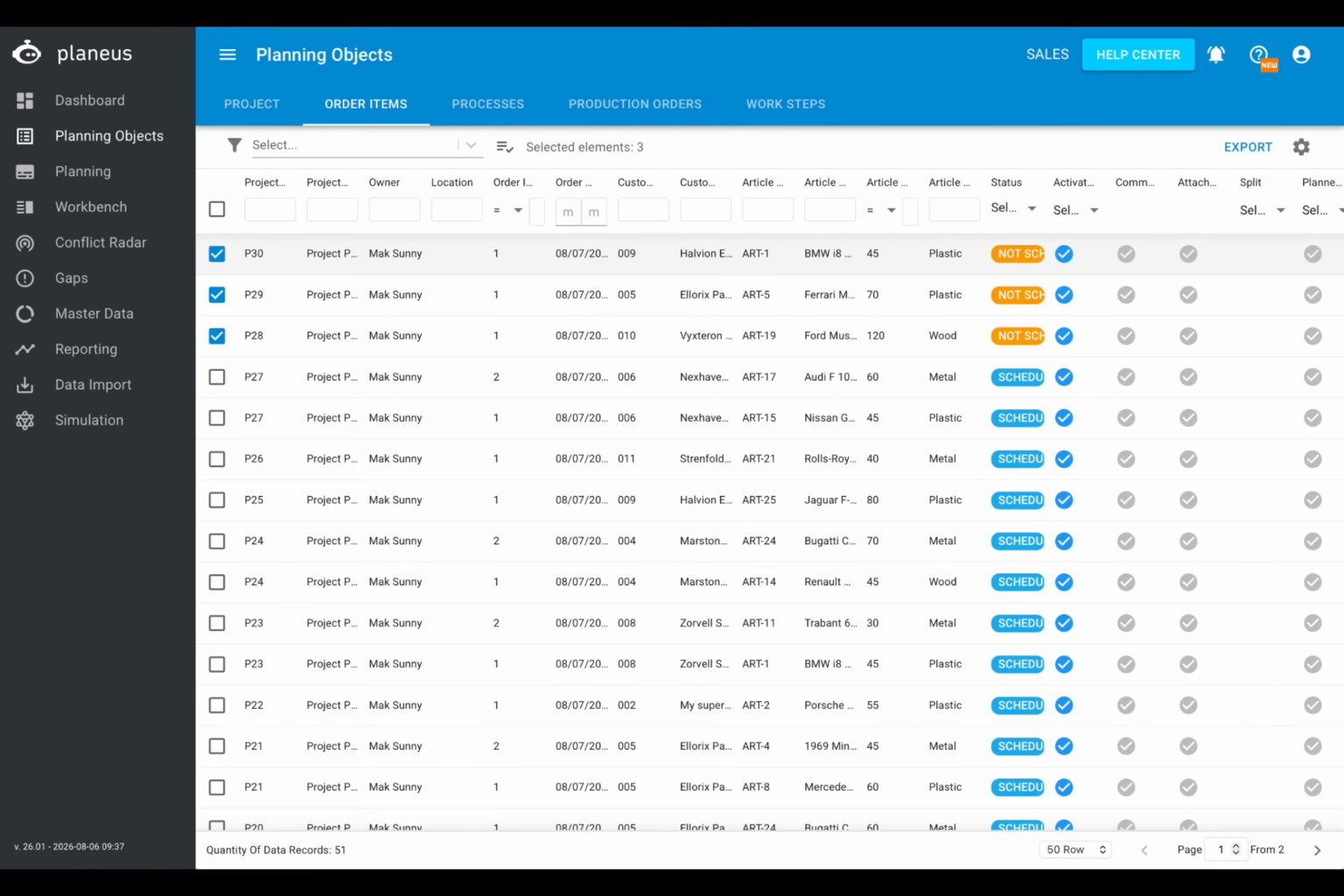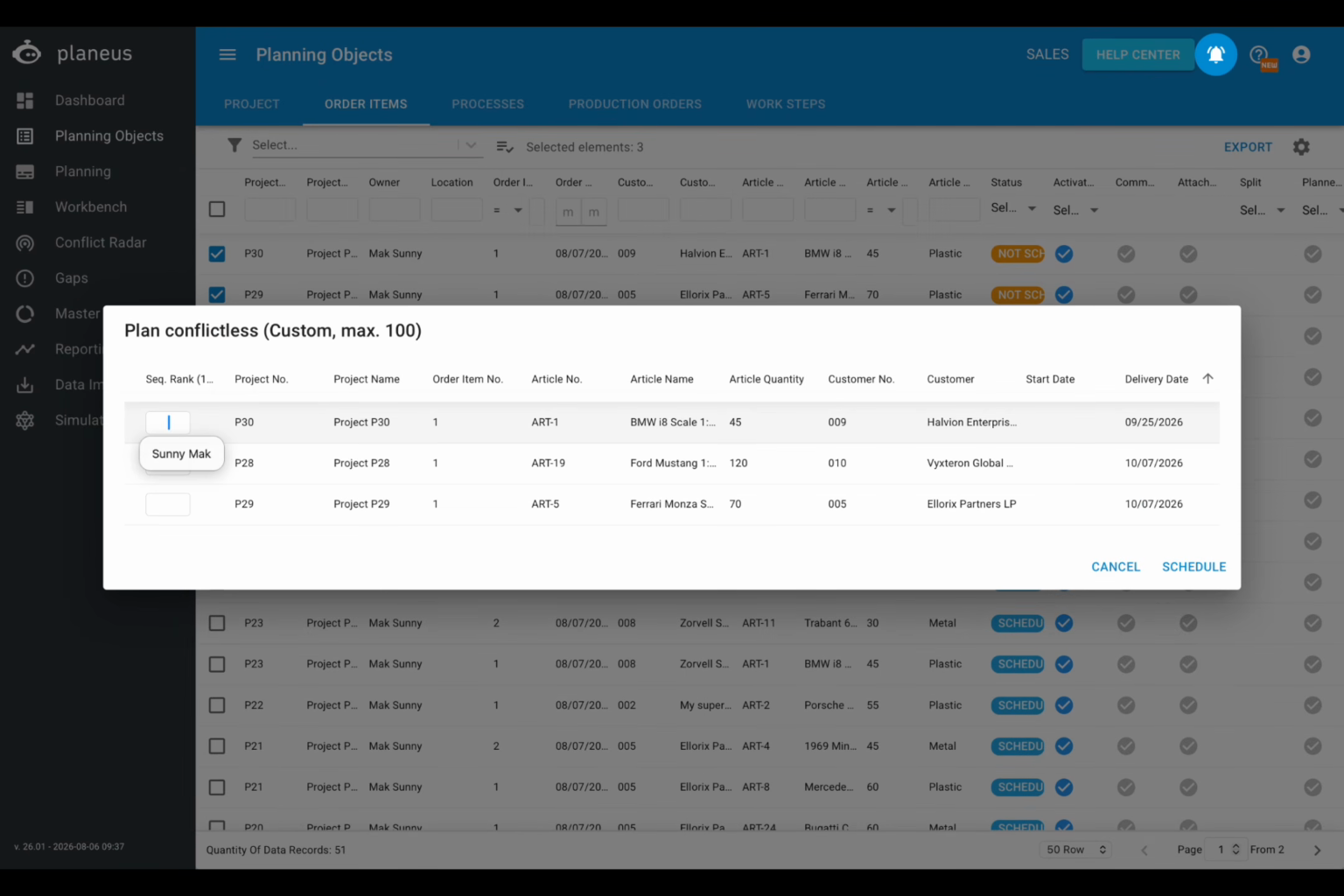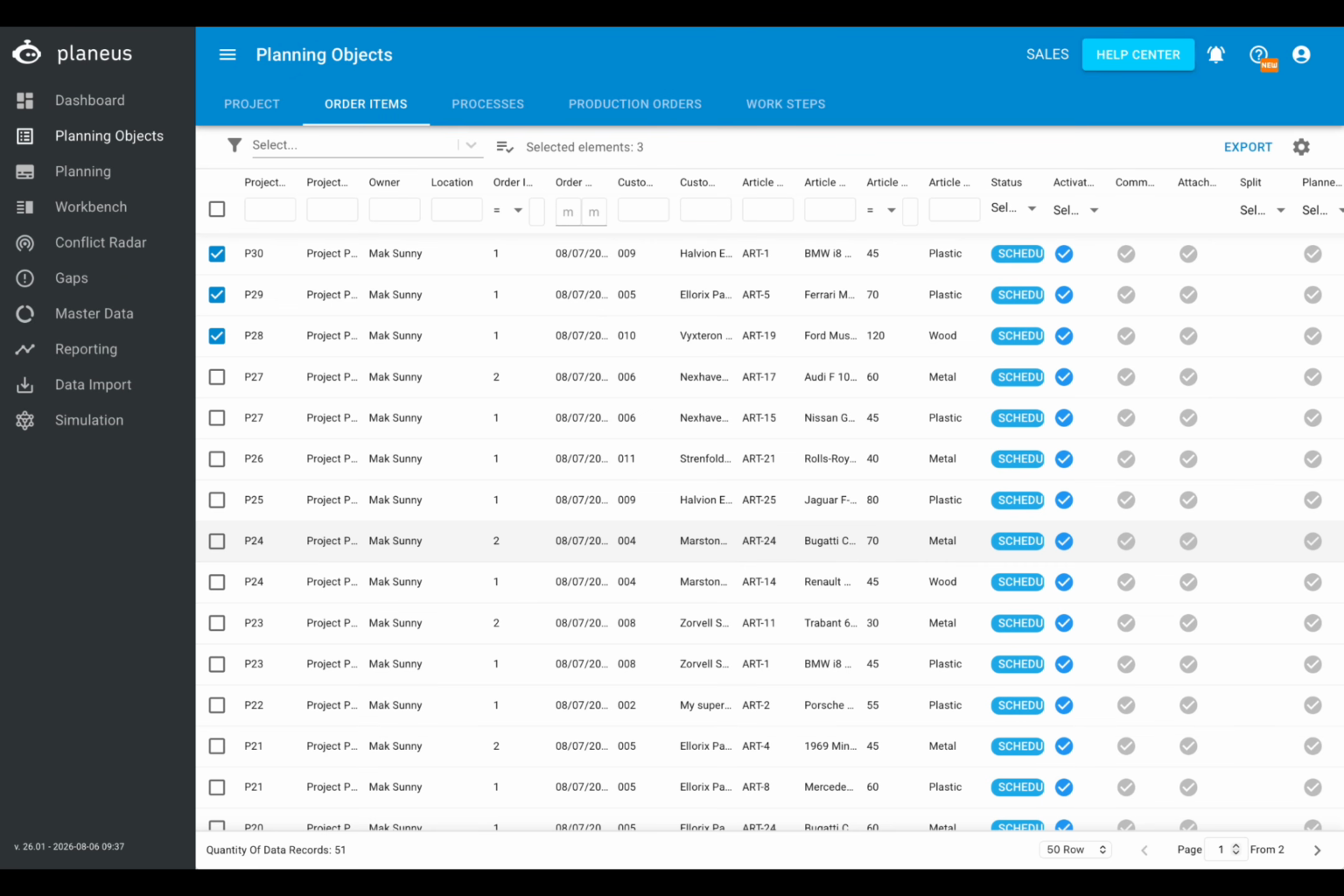Let's look at our new key features and how they improve your daily shop floor operations. In planning objects, multi-select scheduling gives you full control over high volume orders. You can set an explicit sequence ranking to each order item and weight factors such as customer priority or urgent delivery dates help you clear high value orders first, preventing bottleneck